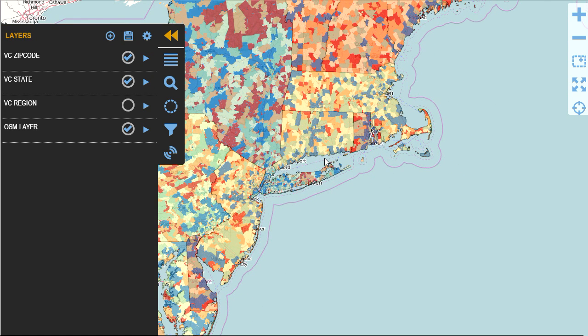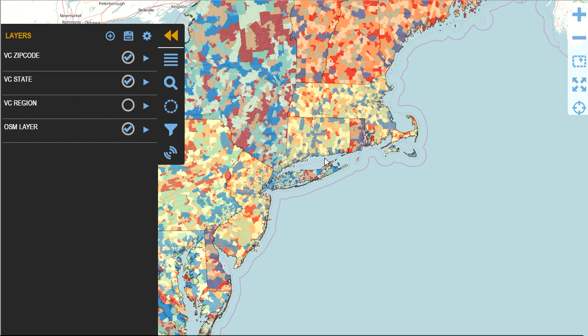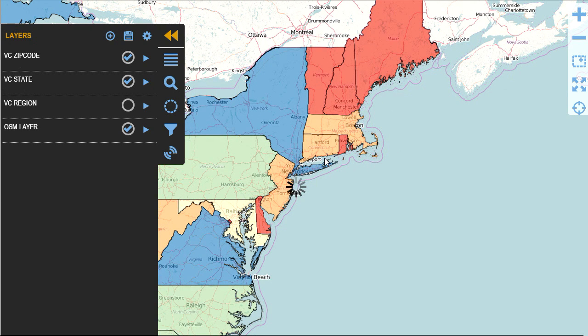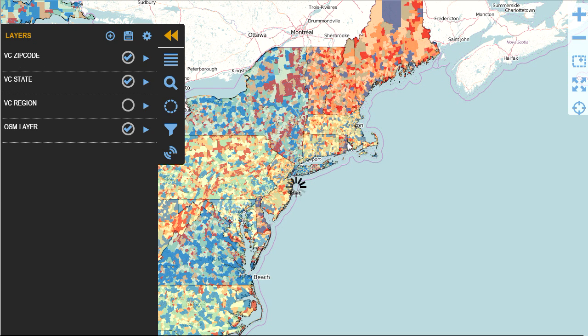In order to turn zip codes off, I would have to zoom out pretty far because we set them explicitly for Texas. And so you start to see the problem now, that in this case zip codes appear too soon, but for Texas they're right. And that again has to do with the scale and the size of the entities you're looking at on the map. So there is a solution to this problem,